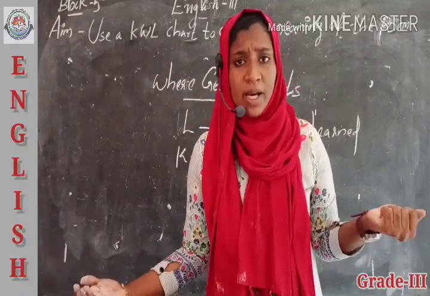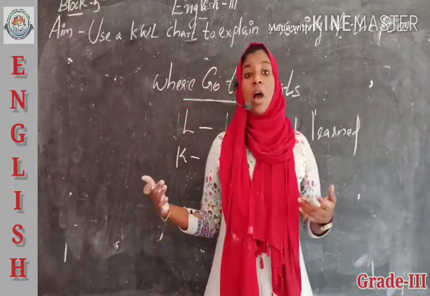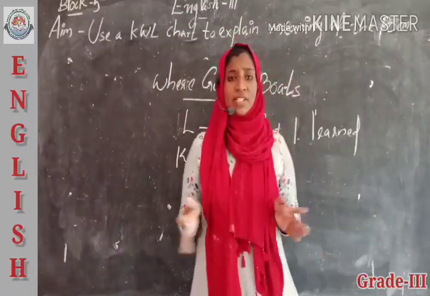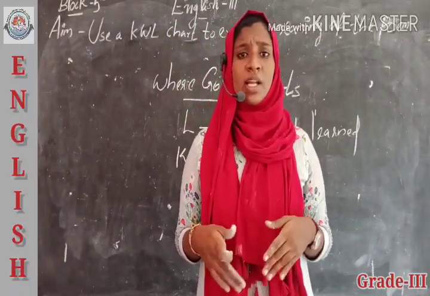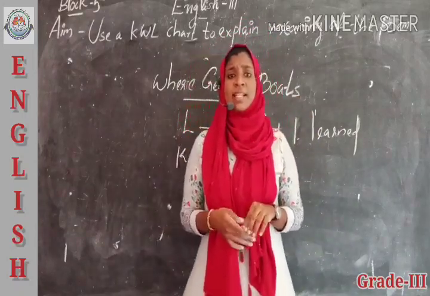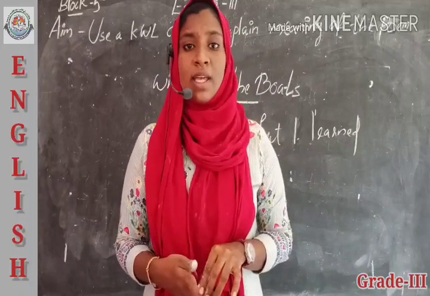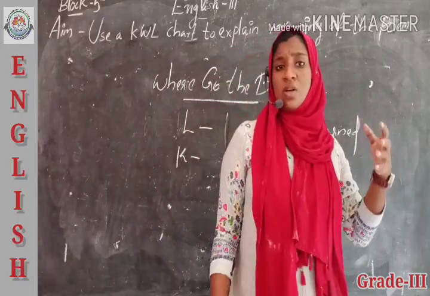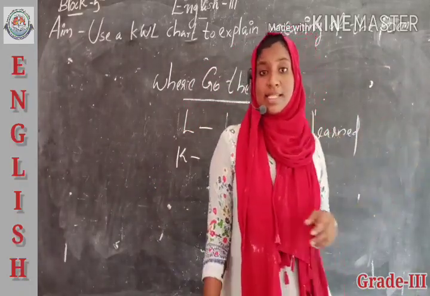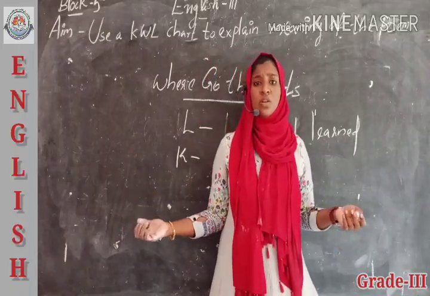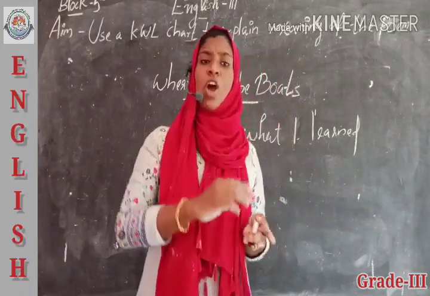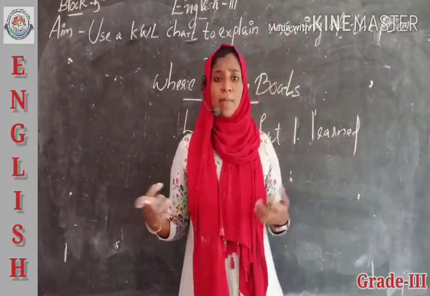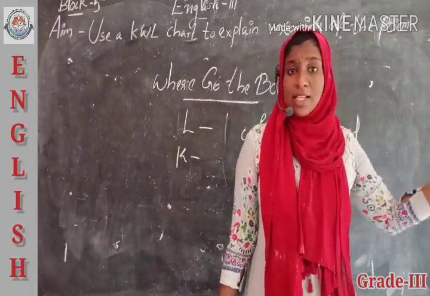Which is our question? Do you remember how this poem and story is different? We know that from the structure itself it is different. This poem is a very short paragraph, isn't it? And the second question is, where do the boats go? Yes, at last we know that the boats are taken by some children who are 100 miles or more away, isn't it? So, the toy boat travels a long distance here. Where do our boats go? Yes, and finally our boats are taken by some children who are playing 100 miles or more away.